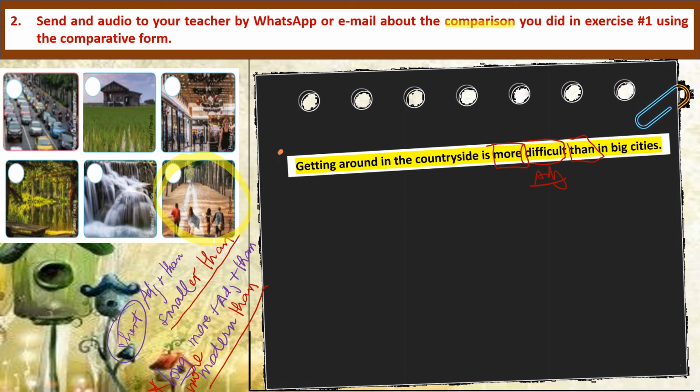So now you're going to write a sentence for each picture. But remember that these sentences must be comparatives. It means that you have to compare. For example, I can say in the second one, okay, let's see. I'm going to write another example. Number 2, I can say, okay, I'm going to take this picture. In this picture we're talking about food. So I'm going to say